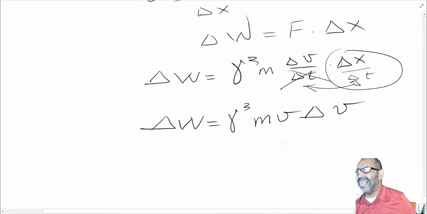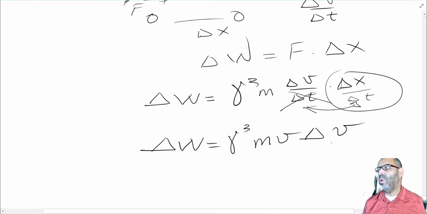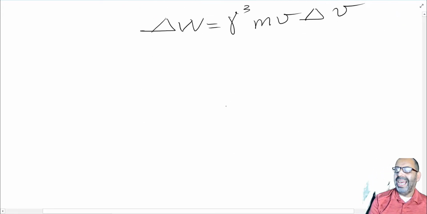In other words, instead of integrating over space, which is normally what I would have been tempted to do to find the work, I'm going to integrate over the velocity, and that's how we actually found the kinetic energy in classical mechanics. That's how we're going to find it now. So, the kinetic energy then,